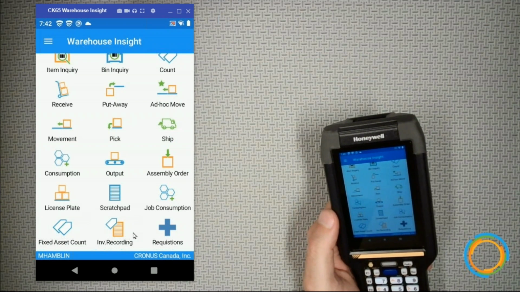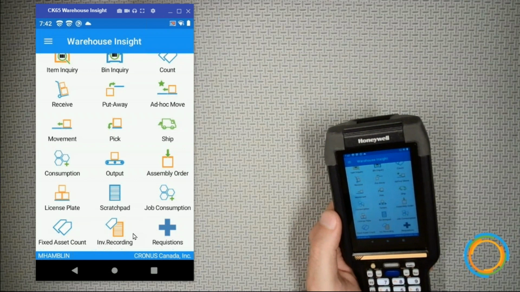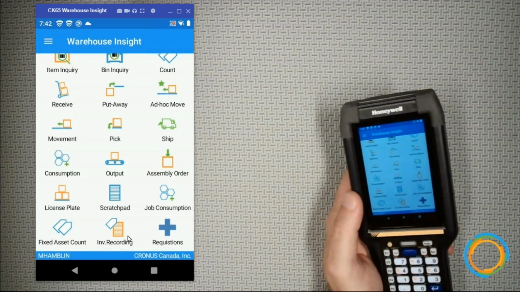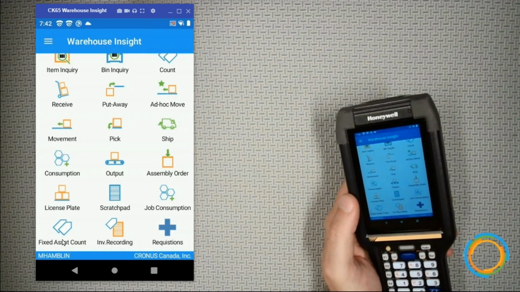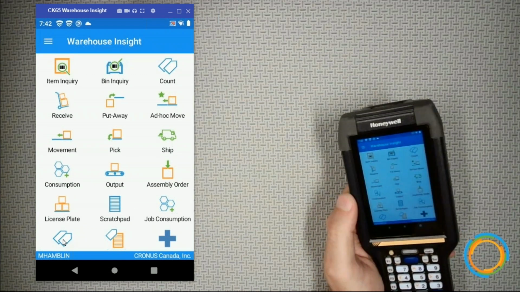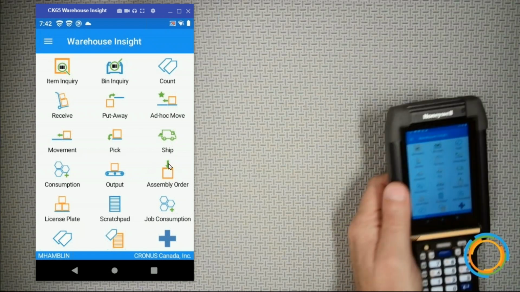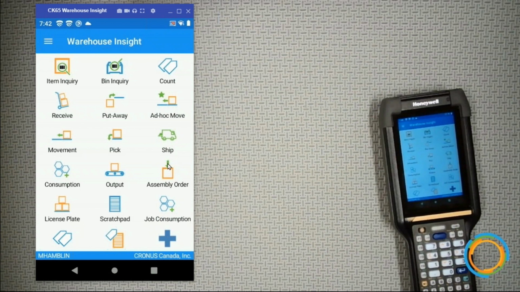And we've got an add-on catalog, which is a marketplace of applications where you can go in and install, if there's a specific application you need, like fixed asset counting or proof of delivery or any number of free applications that are on there. You tap on them, it installs it, and it's available on the device. But what we're going to focus on today is really just the basics. So I'm going to do a little bit of receiving and maybe a little bit of picking,